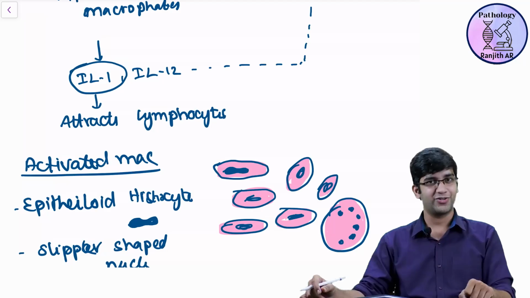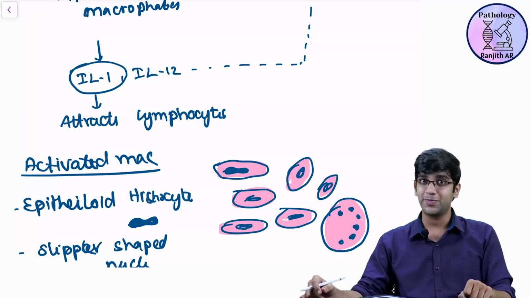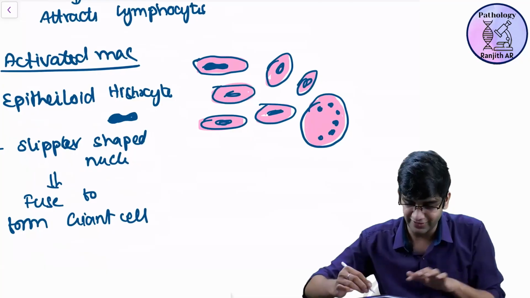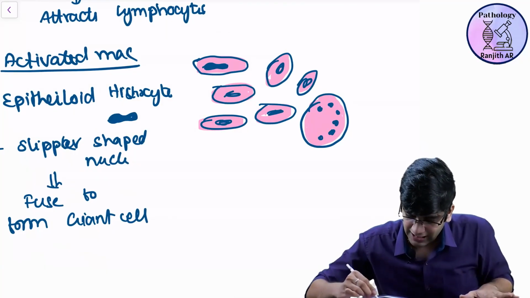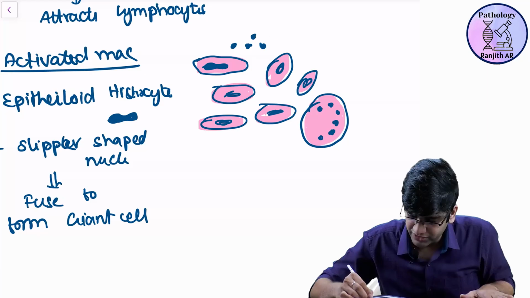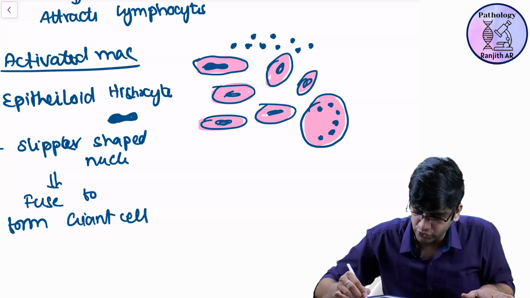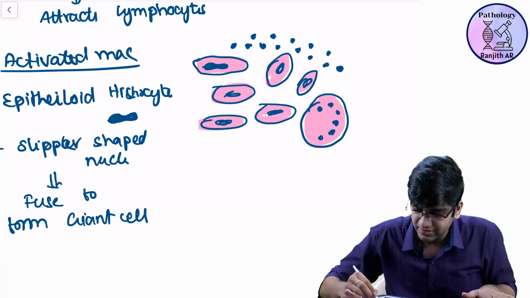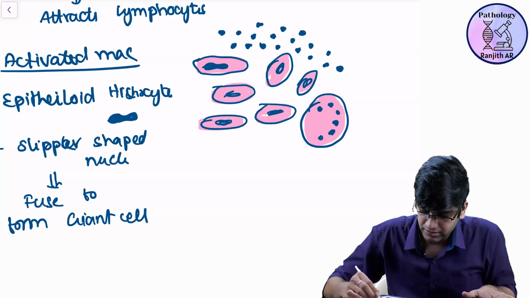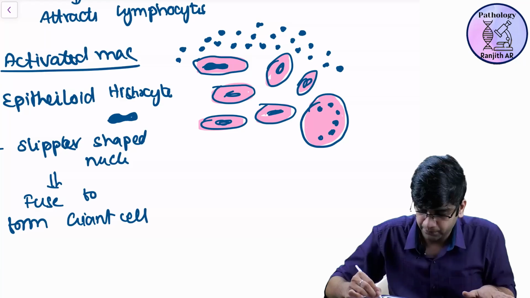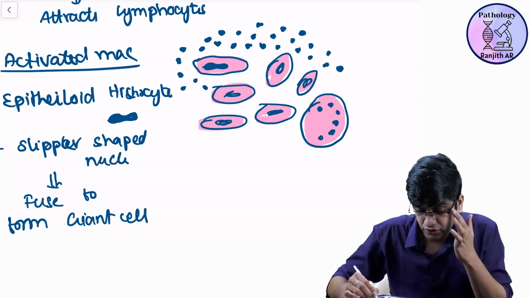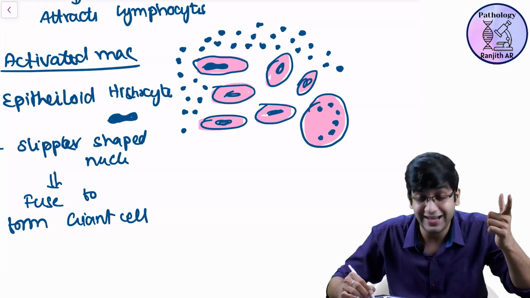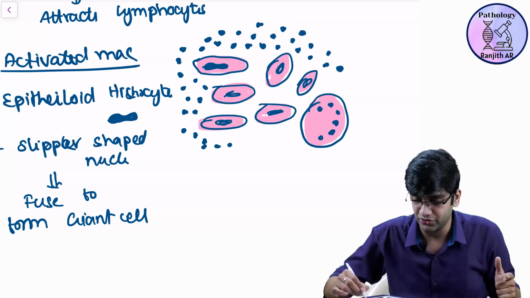You guys know how lymphocyte looks, right? How do they look? In biopsy. Small round blue cell. Perfect. So what's going to happen here is, I'm going to have lots of small round blue cells here. Lots of small round blue cells surrounding these epithelioid macrophages. Lots of them. It will be all around. You just drew the entire granuloma. This is how granuloma looks.